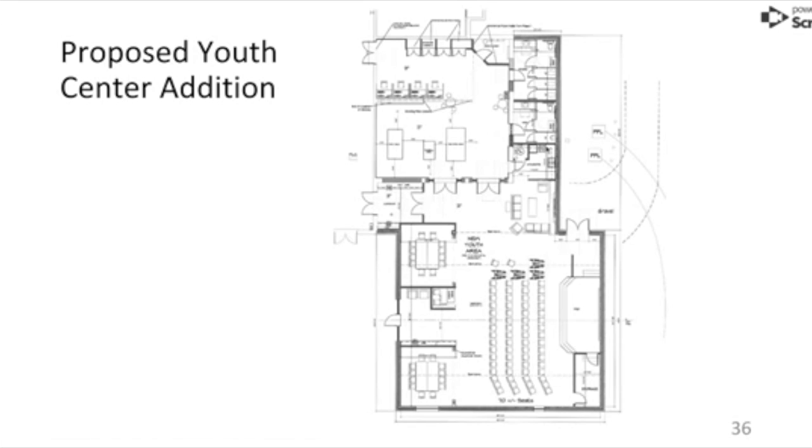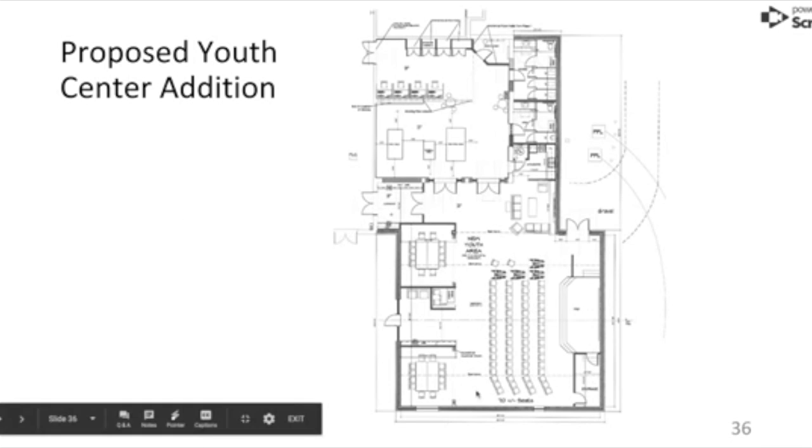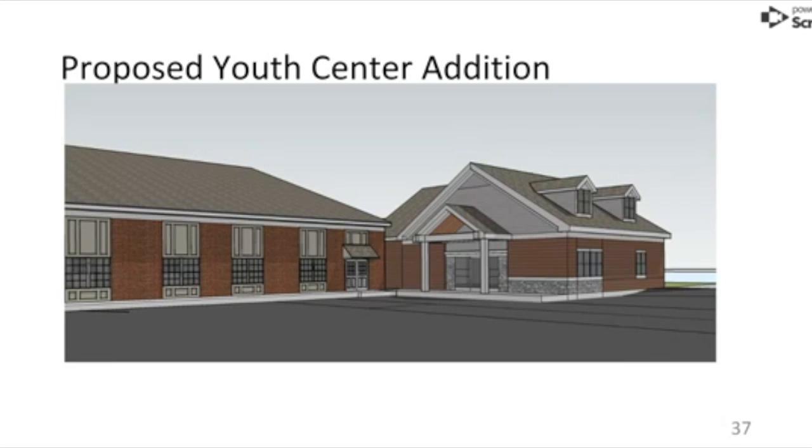However, we would now add restrooms, a small kitchenette area, make another entrance over from the Beveridge Family Life Center, because this is the Beveridge Family Life Center to the left, and then have a large area with seating, a stage, some conference space, and other elements for the youth programs. This is what this would look like in concept with an entrance from the outside here. This is the existing Beveridge Family Life Center to the left, and you can see it harmonizes with the existing